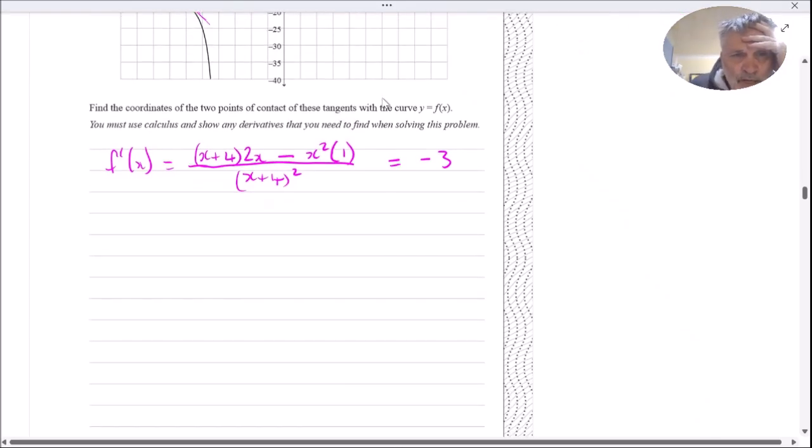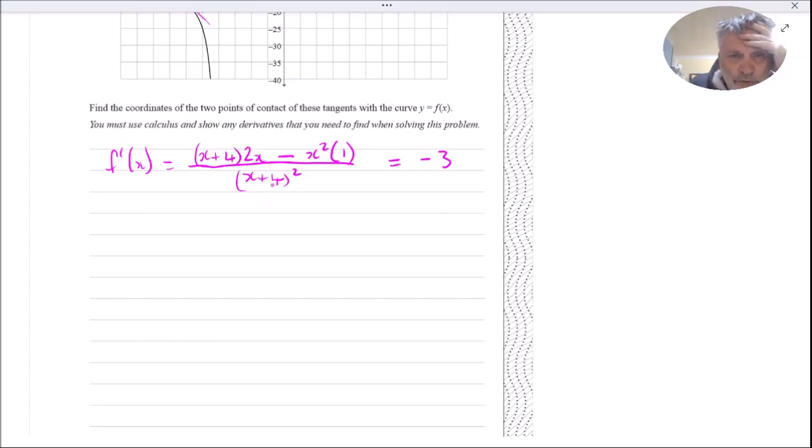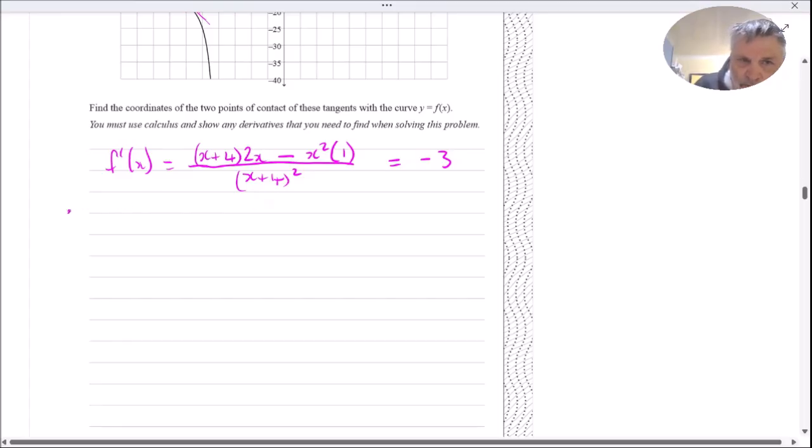I can see straight away, and I think you should be able to too, that you're going to get a quadratic out of this. So when you multiply it up here, we're going to get an x squared term here, and there's some x squared terms in here, and so we get a quadratic that we're going to have to solve. So let's just expand everything out and multiply this over the other side. So therefore